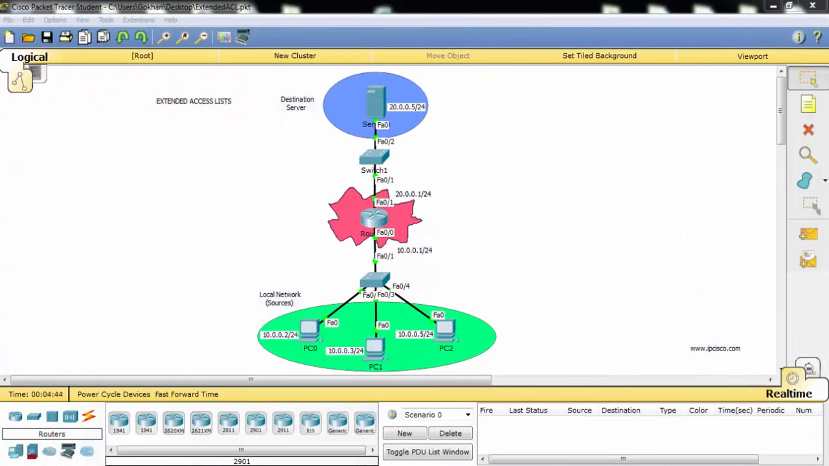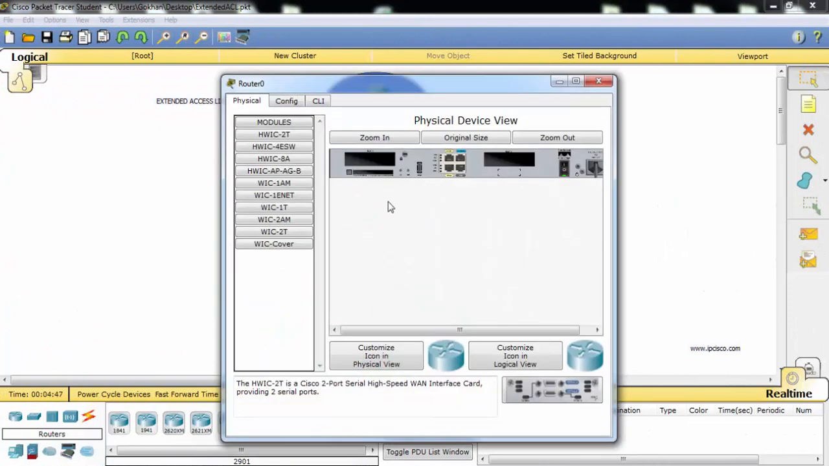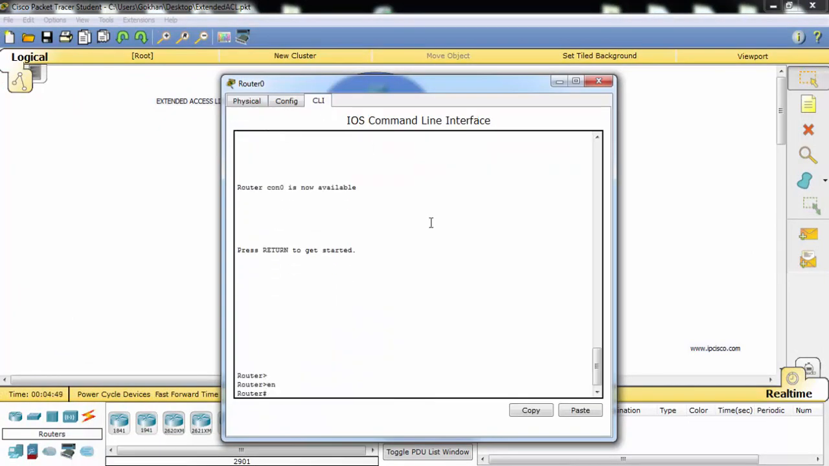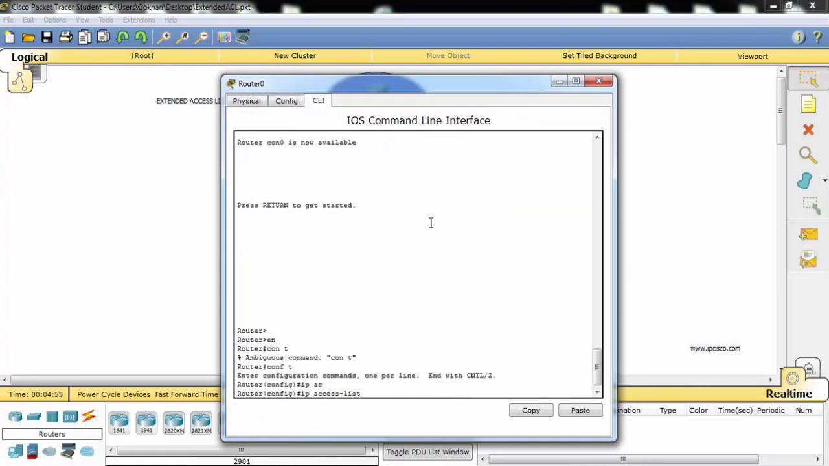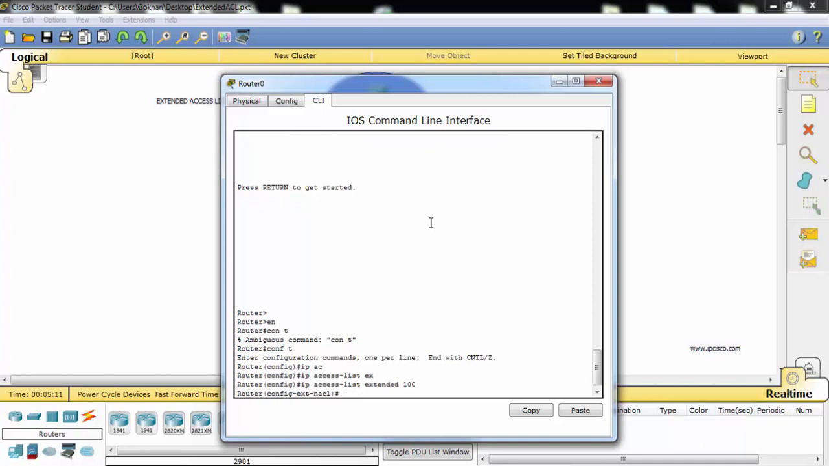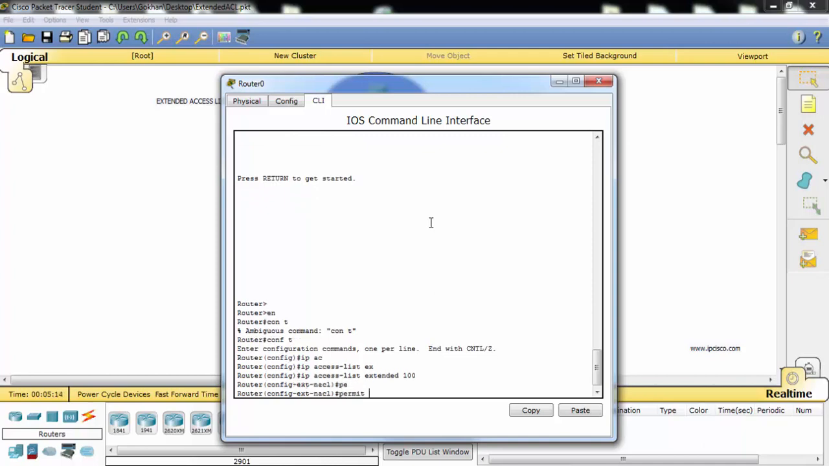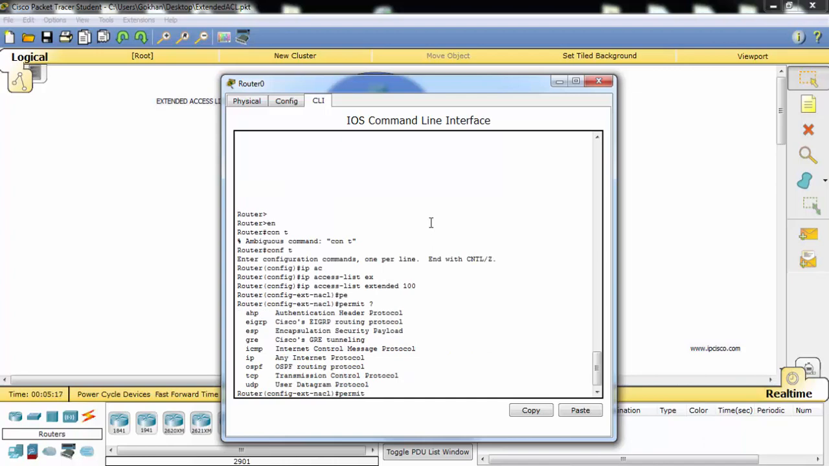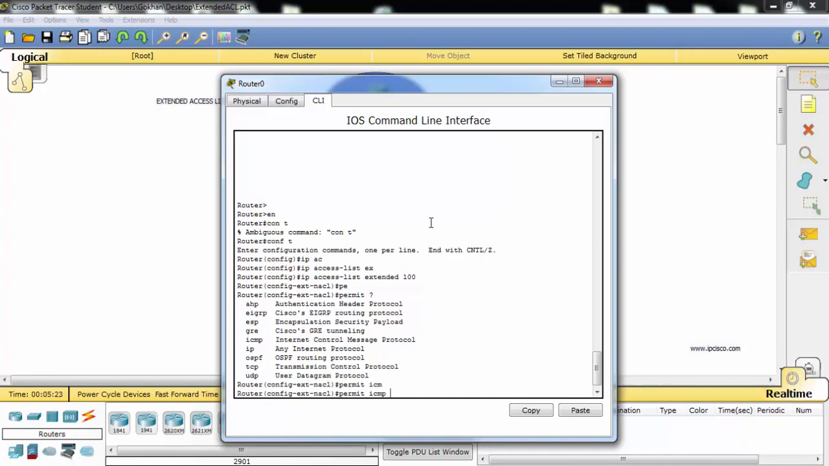Now let's start to configure our extended access list. Here we will select the extended access list, and we need to give an access list number between 100 and 199. For example, we can say 100, and we'll say permit. As you can see, there are some protocols we can select. Here I will select ICMP, the protocol for ping,